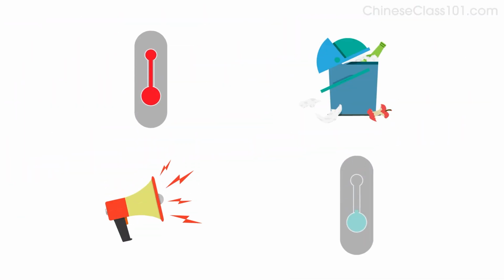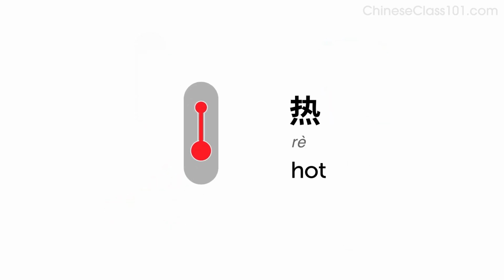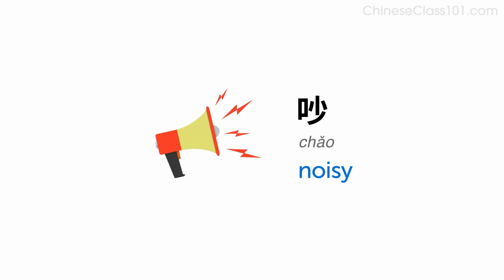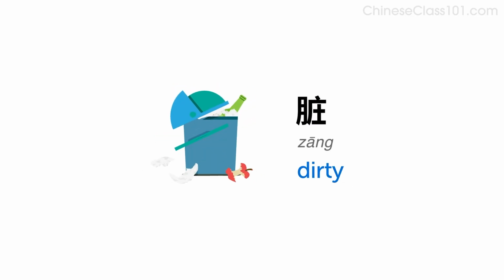Here are a few more examples you can use with the same pattern to make complaints. Hot, 热。Cold, 冷。Noisy, 吵。Dirty, 脏。